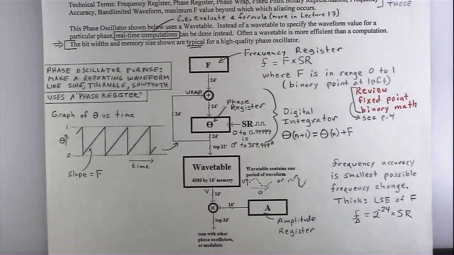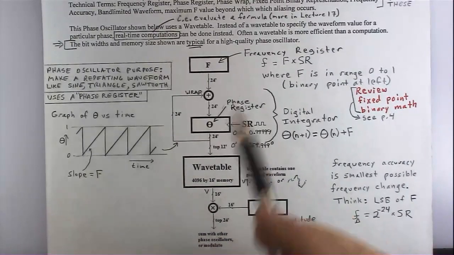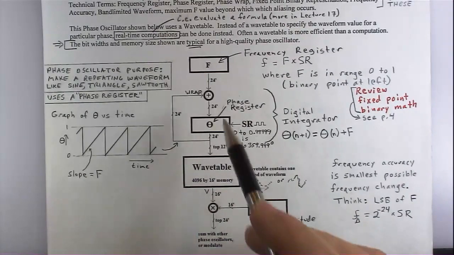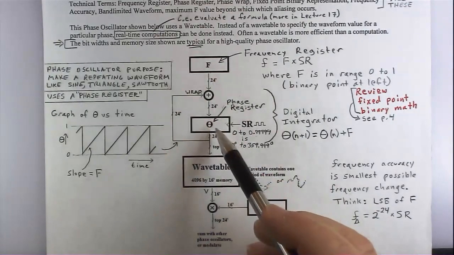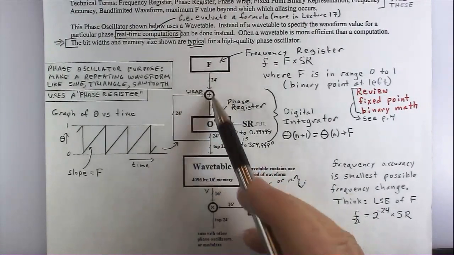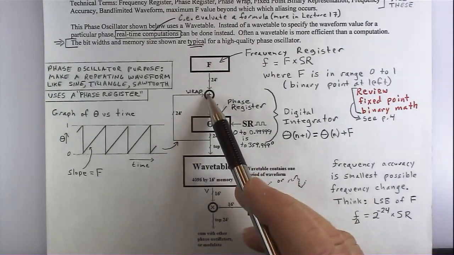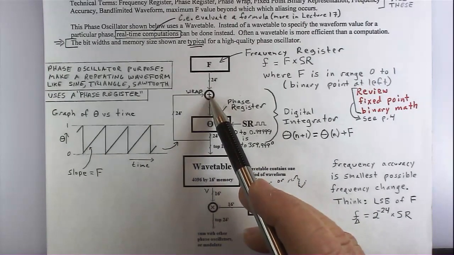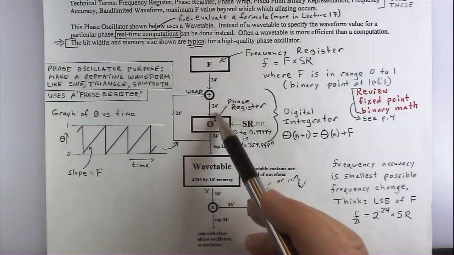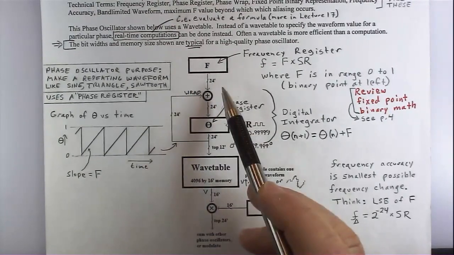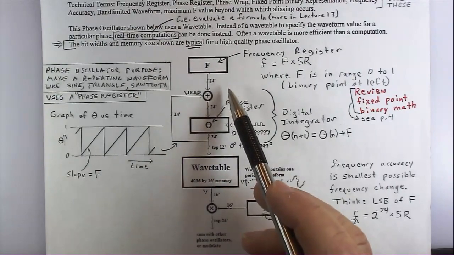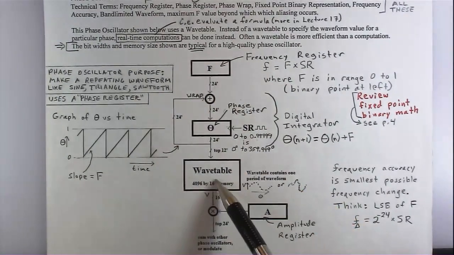So what is this here? What are we talking about here? Well, it is sort of a weird setup. I don't know if you've looked ahead, but this is 24 bits. Phase register, 24 bits. I'm sorry, frequency register, 24 bits. This path is 24 bits. You've got a 24-bit adder that wraps, that just throws away a carry out. Here you've got 24 bits going into the phase register. This whole thing is 24 bits, which seems sort of like a waste because in this